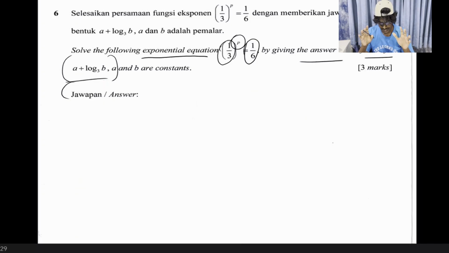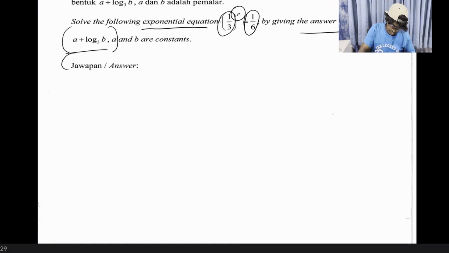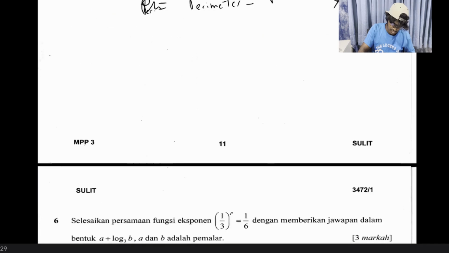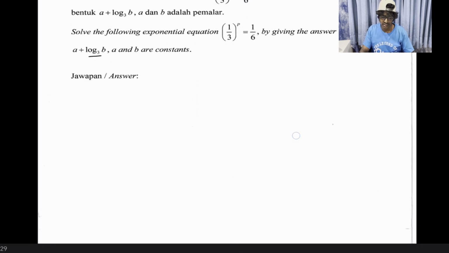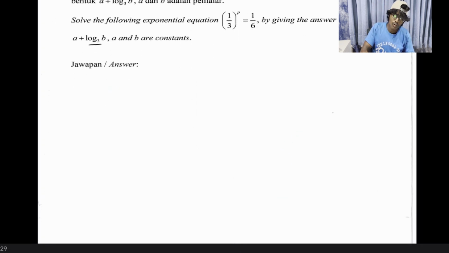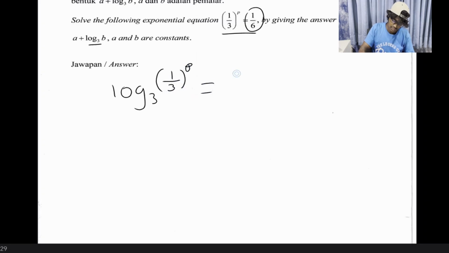See clearly now. We want to turn these into logarithms. How do we do it? The first step is we look over here. They have given here that the log will be log 3, so that is the log we're going to write it as. So all we do here is just write down log 3, and then we do it for both of these sides. So log 3 of 1 over 3 to the p, and then log 3